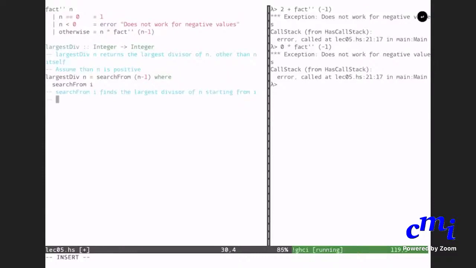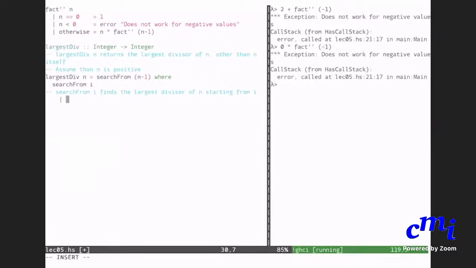Yes. Now search from I can write two guards. Okay. What are the two guards that are useful for us? First, I want to check if I divides n. How do I check if I divides n? We'll use mod equal. Yeah, how do you use mod? You can use mod. How do you use mod? Aryan Kusle, can you tell me what the exact test is?